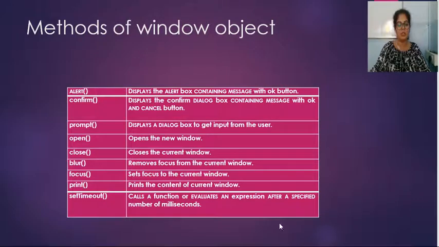It calls a function or evaluates an expression after a specified number of milliseconds. For example, when you get an OTP and you get a message that you have to enter the OTP within 3 seconds or after 1 second or after 2 seconds. So in that case we can use set timeout function.